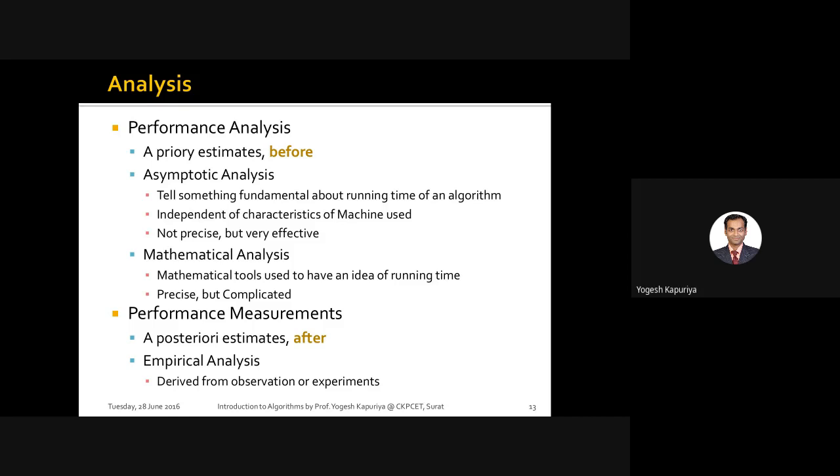Now, among these two, space is less relevant due to the increase in the primary memory, etc. But still, it is a constraint which is to be taken care of. But the most important one is to optimize the time any algorithm requires. So the time complexity is of a major concern with respect to the space complexity.